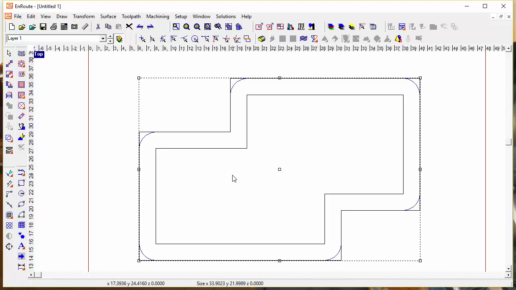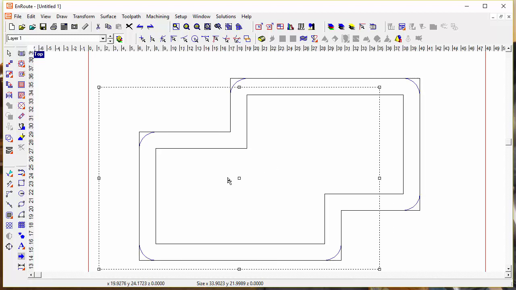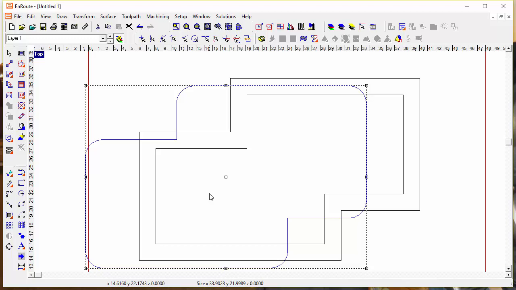There are some tool compensation options that don't actually require an offset, but for the ones that do, that's what I would expect to see out at the machine for the geometry that gets sent to the machine,